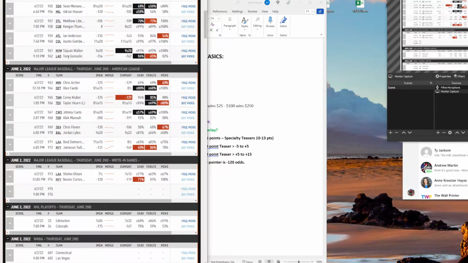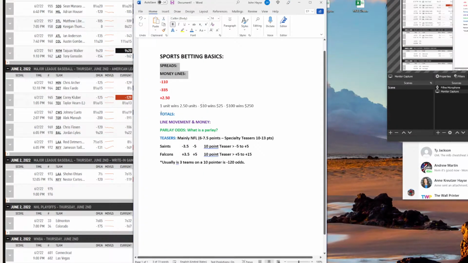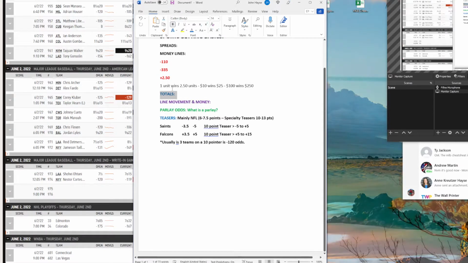So now when you look at a board and you see, LA Dodgers -162, you know what that means. That's laying 1.6 to 1, basically. Now, I want to look at totals real quick. So totals are pretty